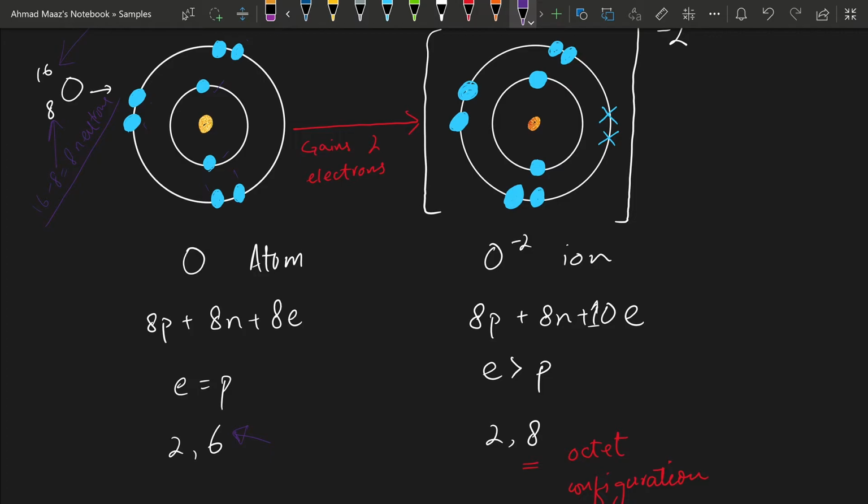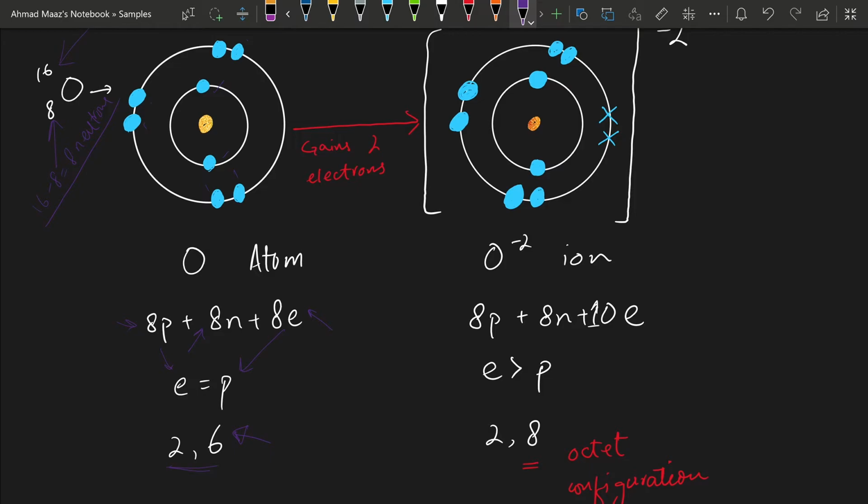It needs 2 more electrons to complete its valence shell. It has 8 protons, 8 neutrons, 8 electrons. Number of protons equals the number of electrons. So the electronic configuration is 2, 6. 2 more electrons needed